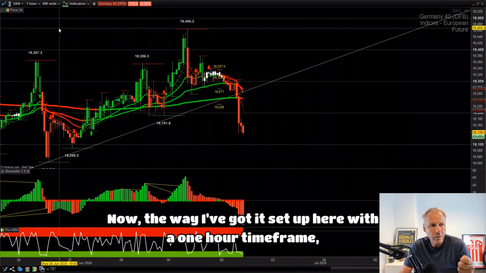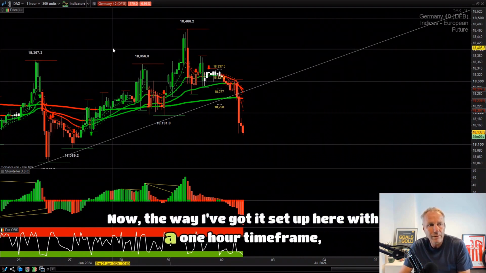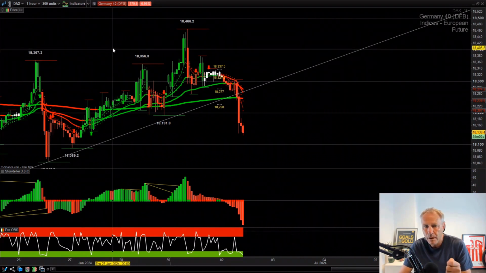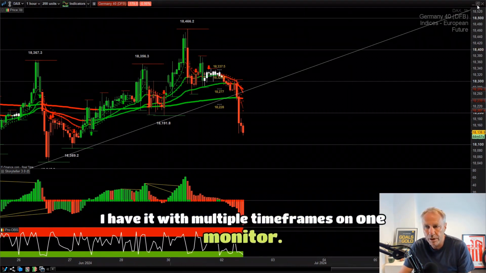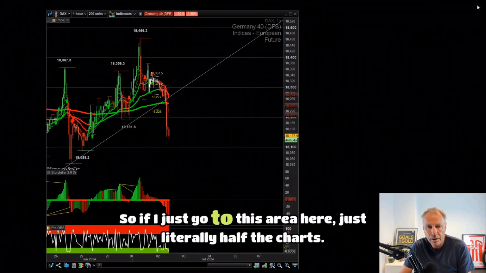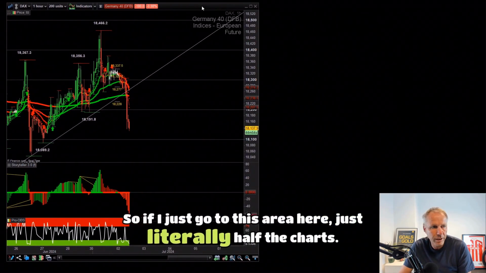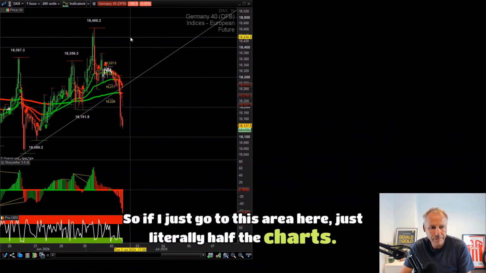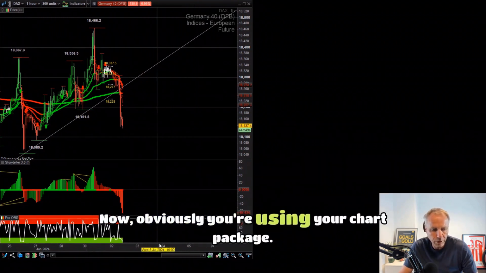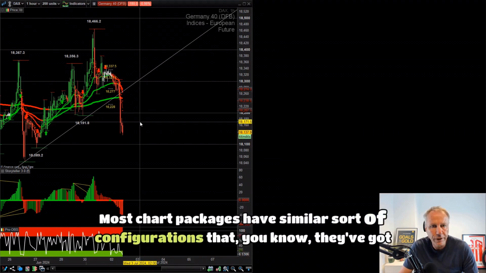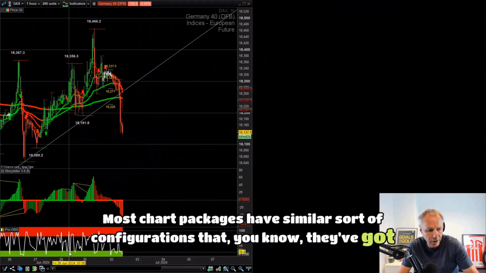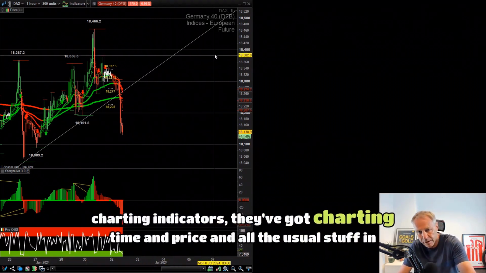Now, the way I've got it set up here with a 1 hour time frame, I don't have it set up like this. I have it with multiple timeframes on one monitor. So if I just go to this area here and literally half the chart. Now, obviously you're using your chart package. Most chart packages have similar sort of configurations,